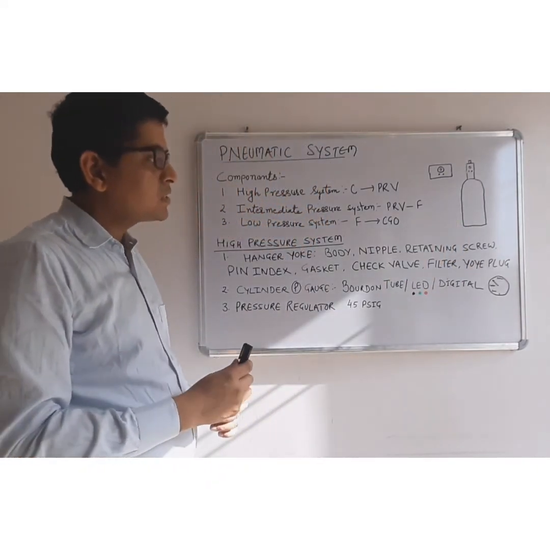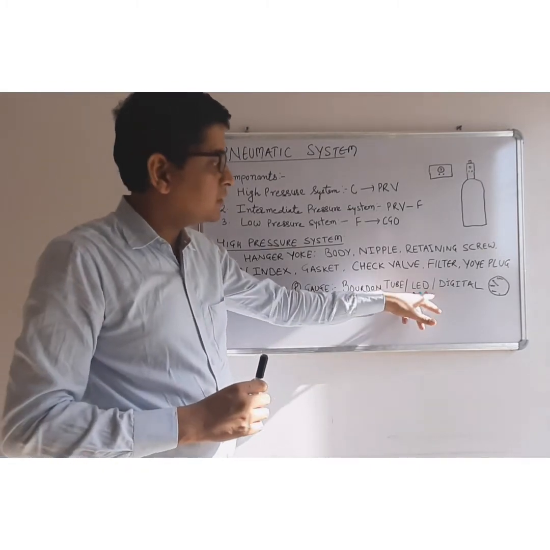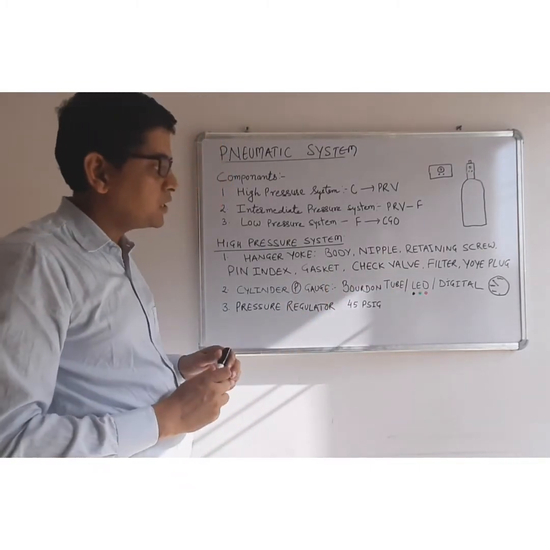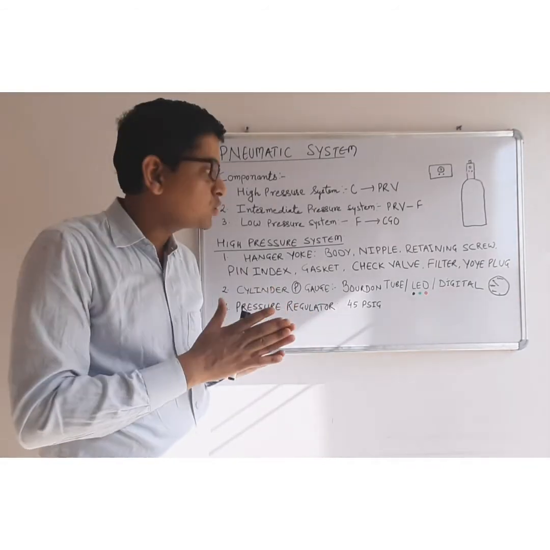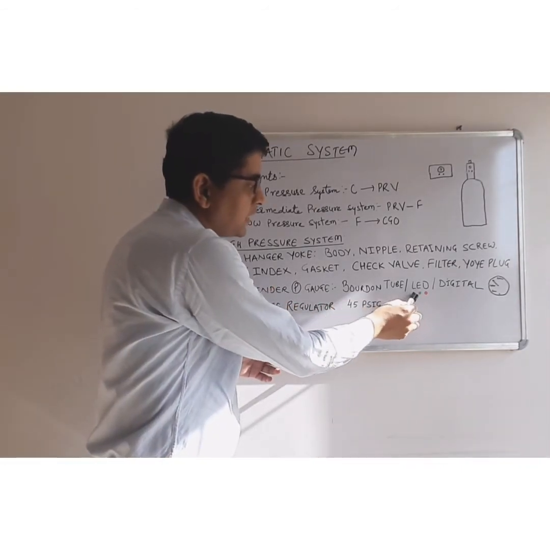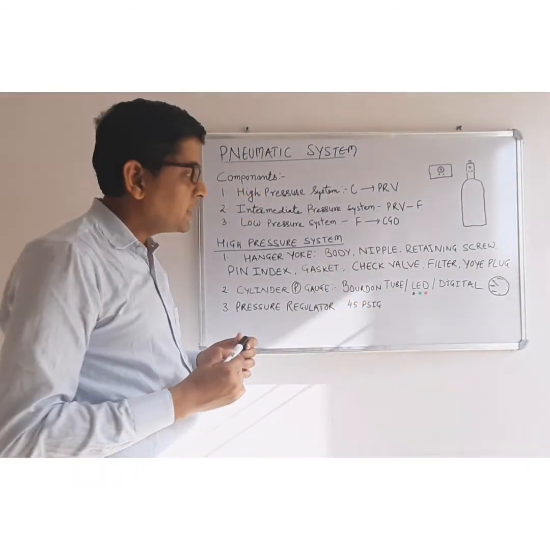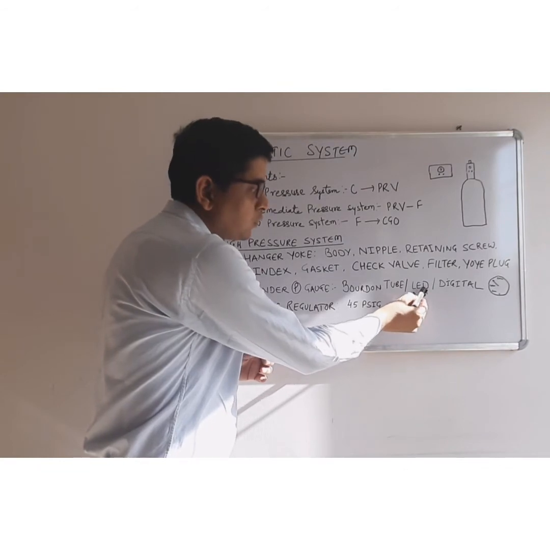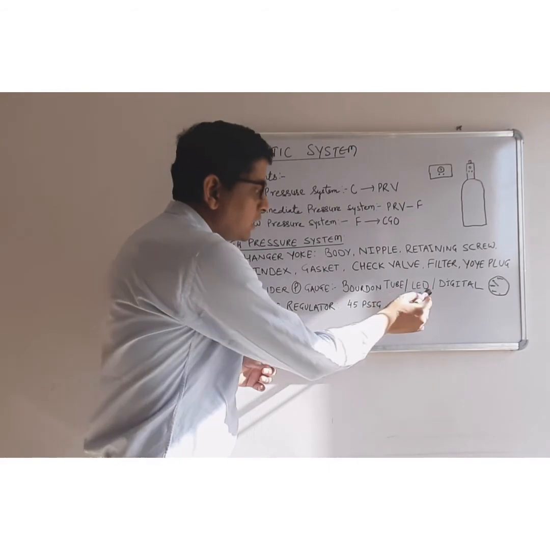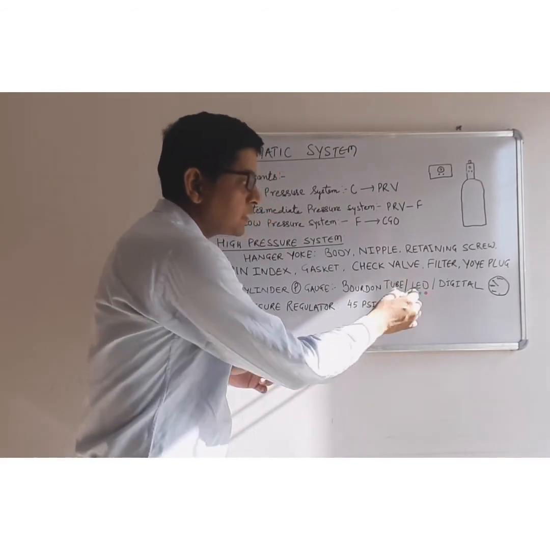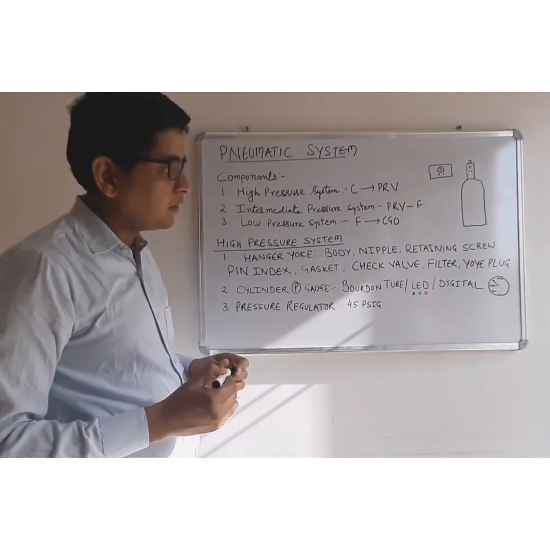So another type is LED type. These LED signals are present on front panel of the machine. So in that case the cylinder is attached but the valve is closed, the color of the LED will be dark. In another condition, when the cylinder is full and valve is open, the color of the indicator will be green. While in condition that valve is open but the cylinder is empty, the color of the indicator will be red.